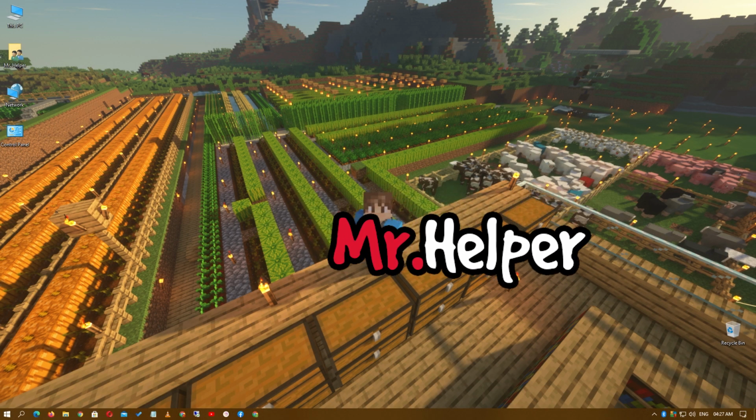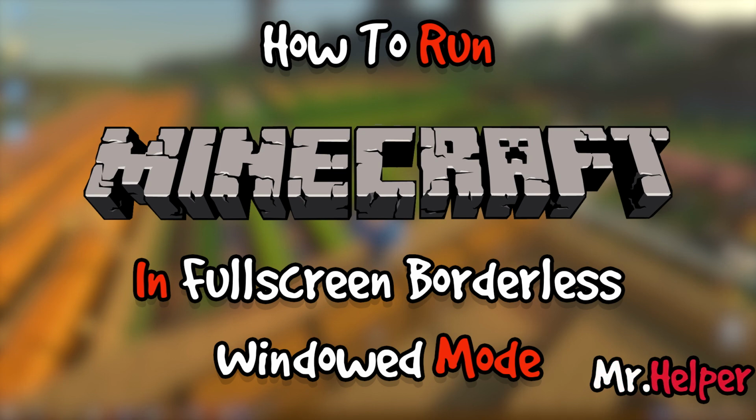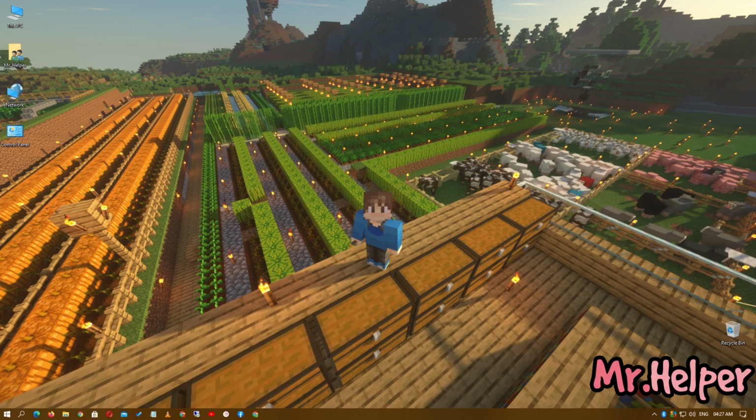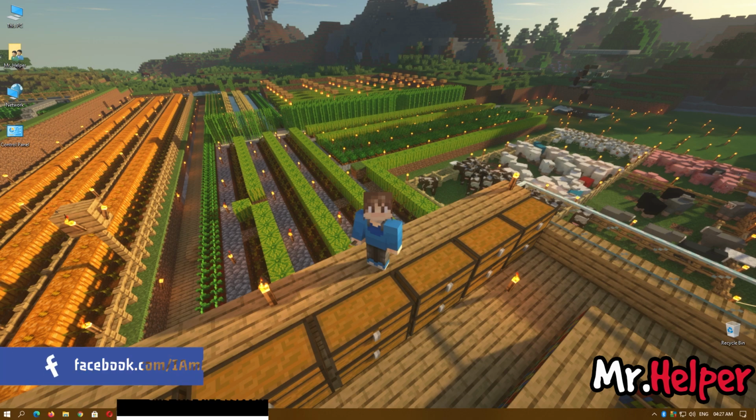Today I am going to show you how to run your Minecraft in Fullscreen Borderless windowed mode. In this video I have explained 5 different methods to run your Minecraft in Fullscreen Borderless windowed mode. Method 1 and Method 2 are for those of you who don't mind having a border in their Minecraft. Method 3, Method 4 and Method 5 are for those of you who really want Fullscreen Borderless windowed mode of